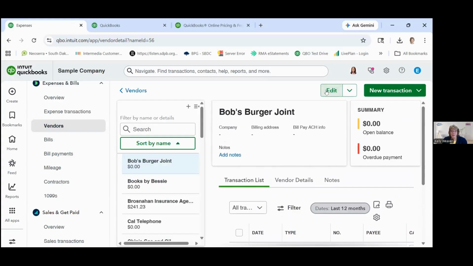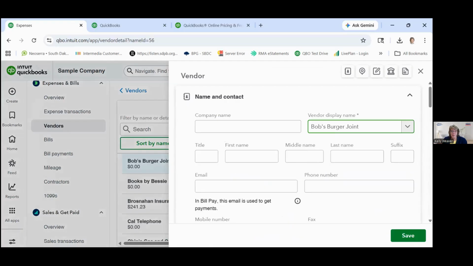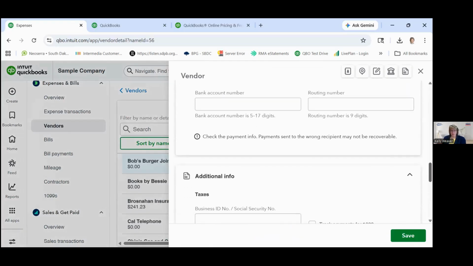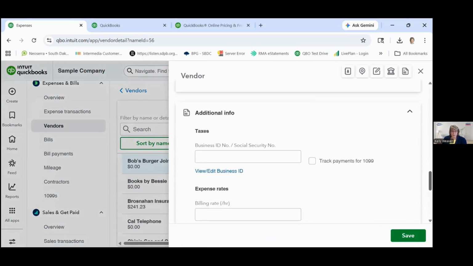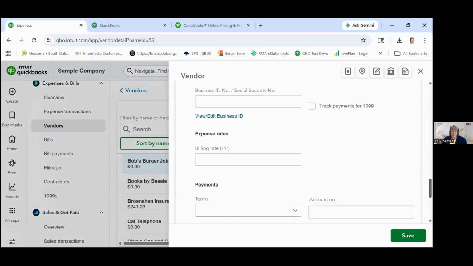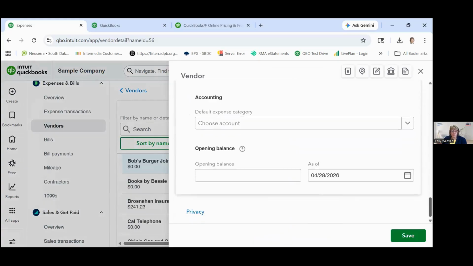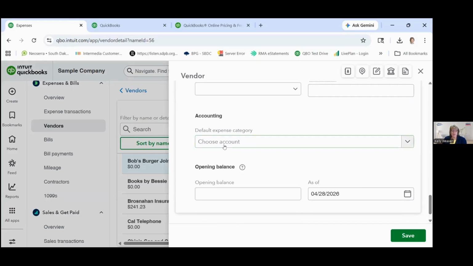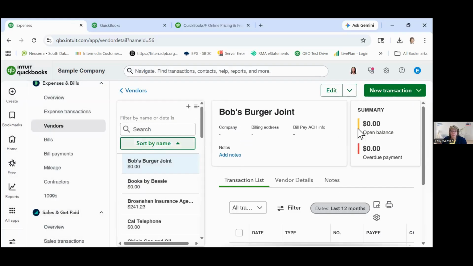If we edit, we can see the type of information that we can keep: name, contact, address, notes and attachments. If you pay them via ACH, you can put that information in there. Are they a 1099 vendor? You can track that and get their tax ID number. If you have payment terms with them, or if you buy a product from a vendor and you automatically want to have that expense category defaulted to that bill, you could choose that account here. So that's the type of information that's in a vendor record.